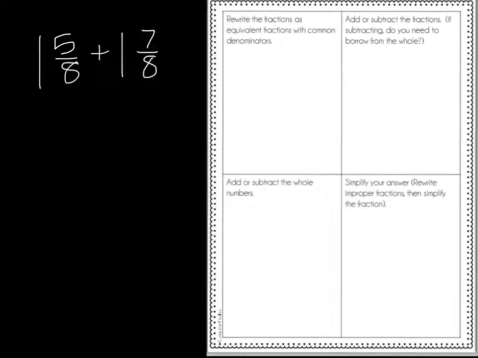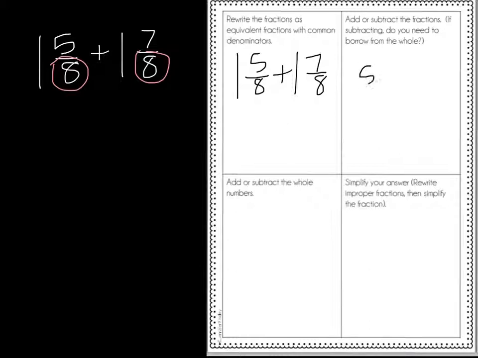Our first step is to rewrite the fractions as equivalent fractions with common denominators. I can see here that these two fractions already have the same denominator, so I don't really need to rewrite them as equivalent fractions. I've got 1 5/8 plus 1 7/8. Now we're going to add and subtract the fractions. So 5/8 plus 7/8 equals